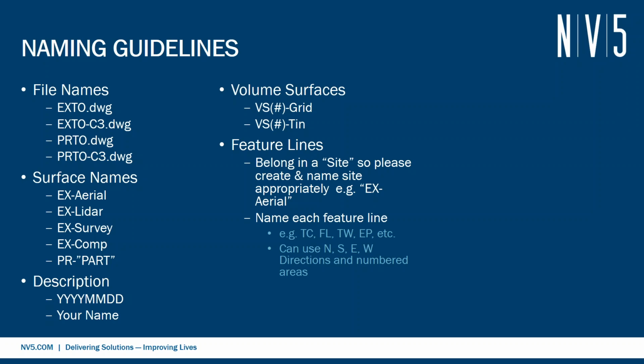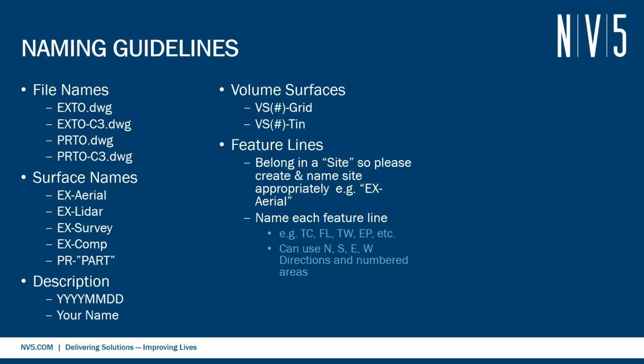New convention here, surface names. We need to be a little bit more accurate and descriptive of what we're creating our surfaces from. So instead of calling it EG, which was kind of the old NOLT NV5 convention, we kind of progressed to EXTO. That's kind of where we are now, right? We call all of our existing surfaces EXTO. Well, we need to define it a little bit better. We want to track where this data is coming from. So this is the new naming convention,